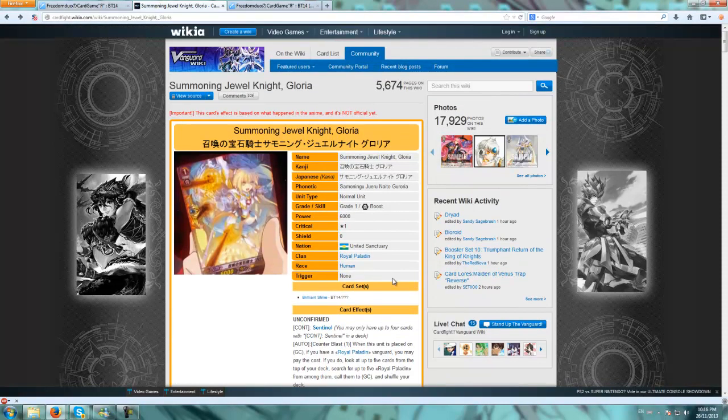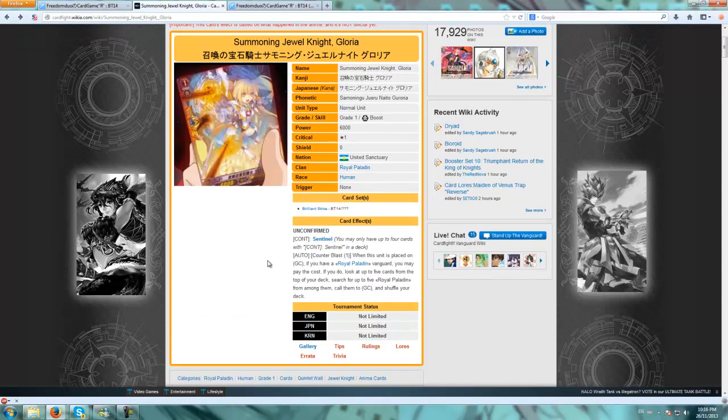Okay, so from the picture we know that this card is a Sentinel, meaning that it will take up the slots where your perfect guards would be. I think this is pretty much a must, because these basically act as the new perfect guards that take up less hand. Generically, they are a Counter Blast 1 effect, and